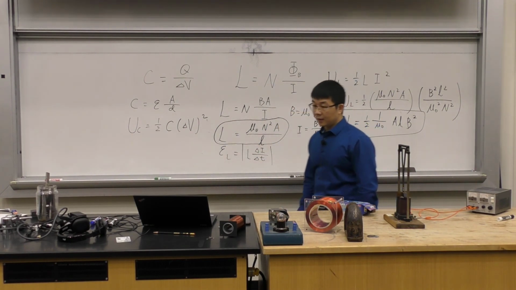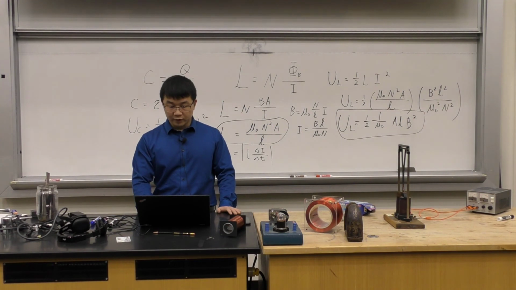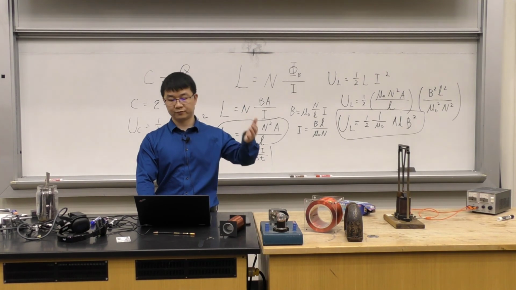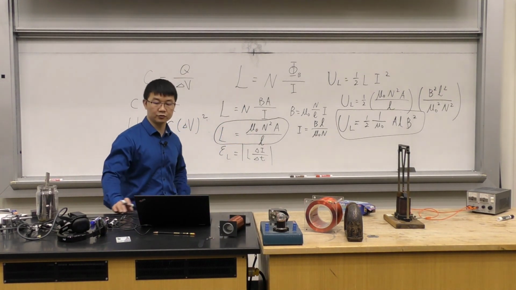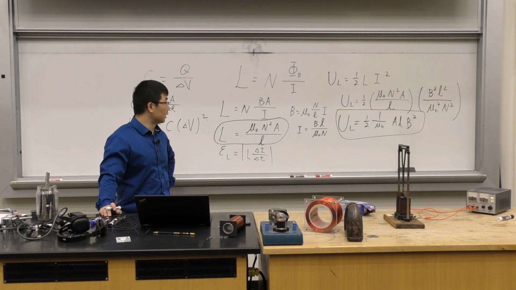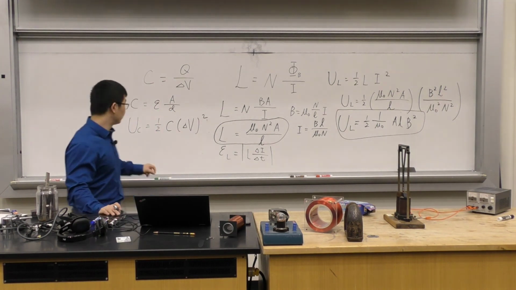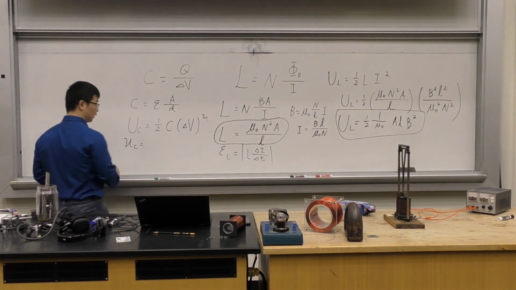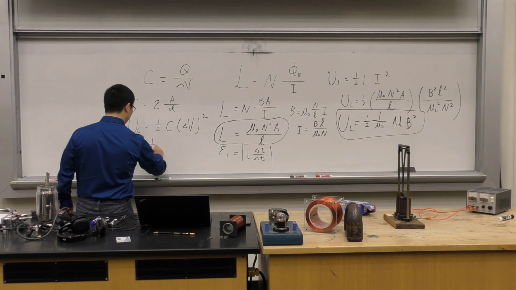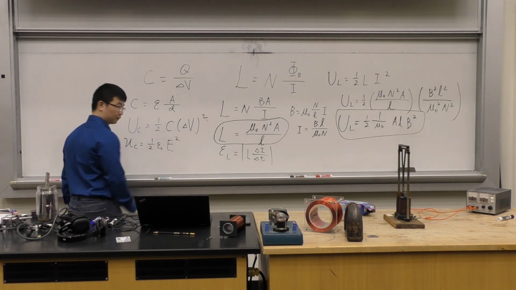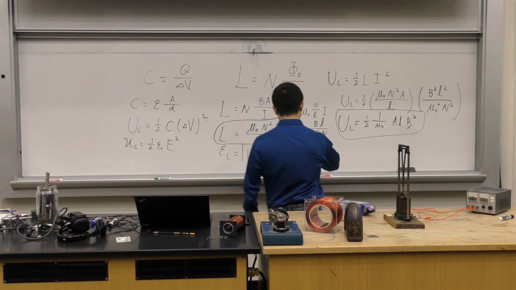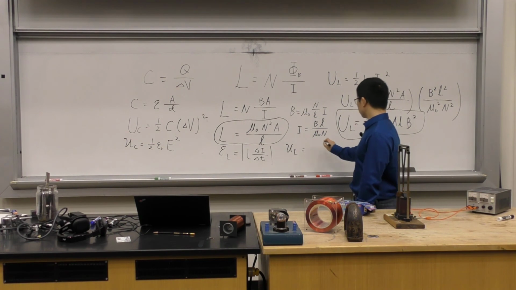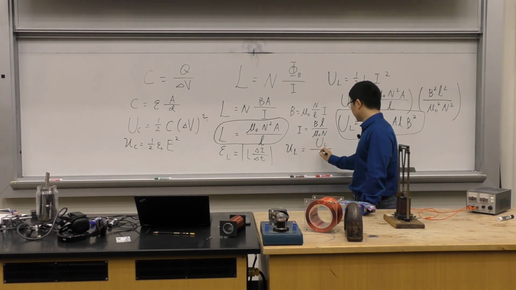Okay? And then we can define something called magnetic field energy density. We do have a lot of definitions, but don't be afraid of these definitions, right? We define them because they're useful. We can define magnetic field energy density, okay, like what we did with this guy, right? We did define electric field energy density, which is 1/2 epsilon naught E squared, I believe. And then if you define magnetic field energy density, you're just going to do this total energy divided by the volume